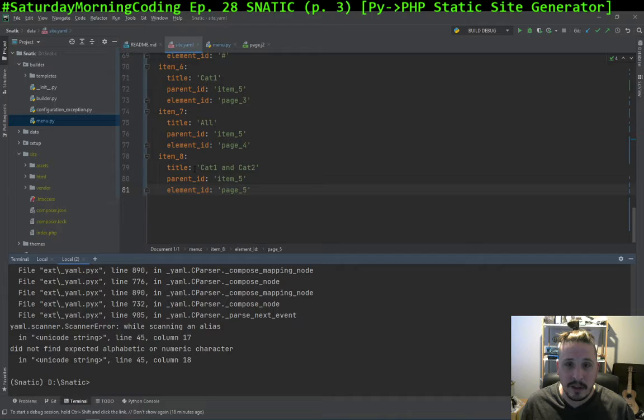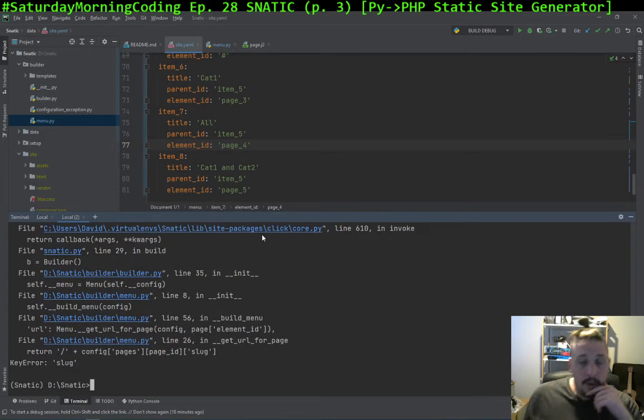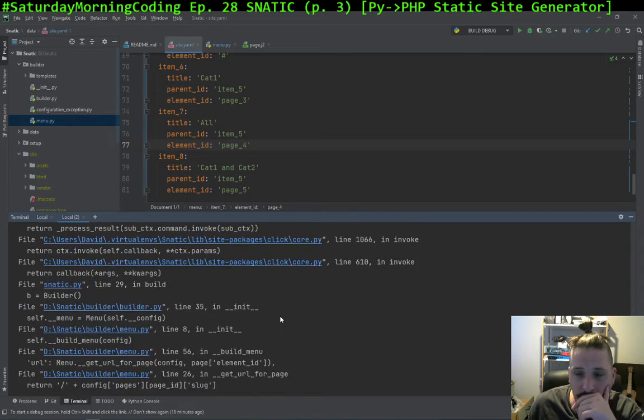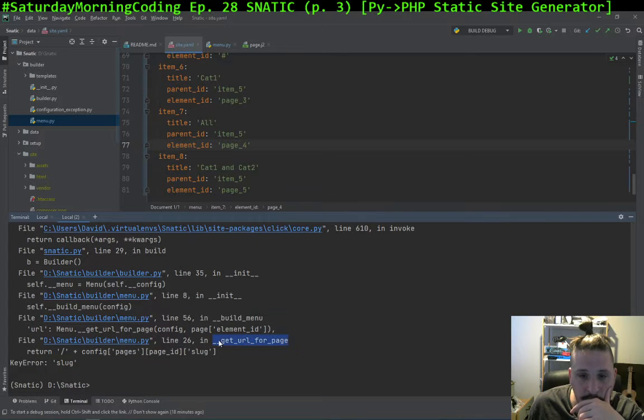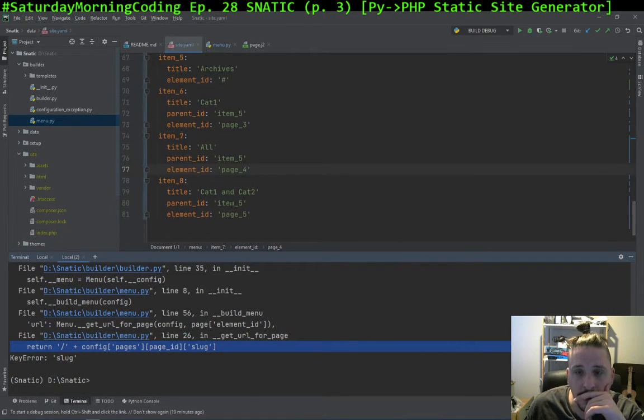So even though this wouldn't be necessary, I still want to be able to do it like this. So now we have a different error. So in get URL for page, okay. So what is the problem? That page 5